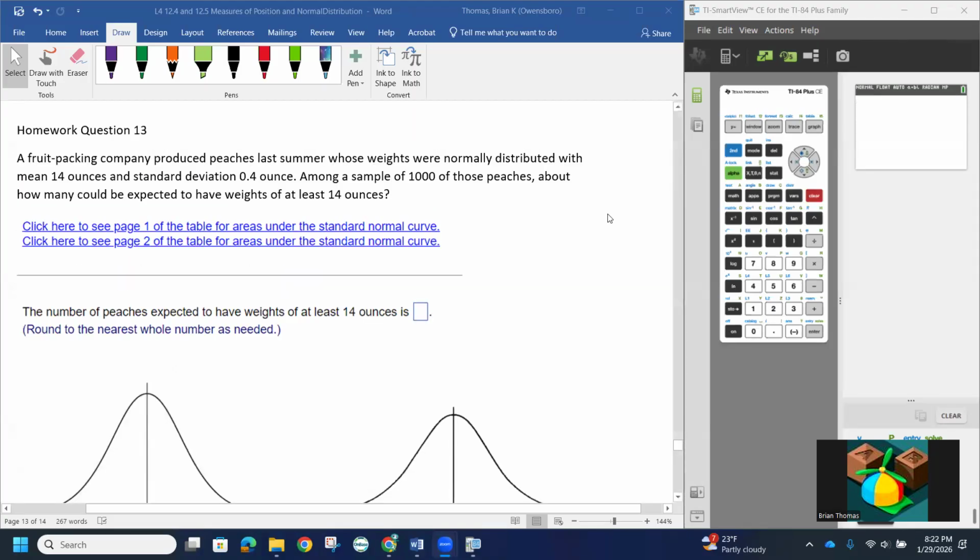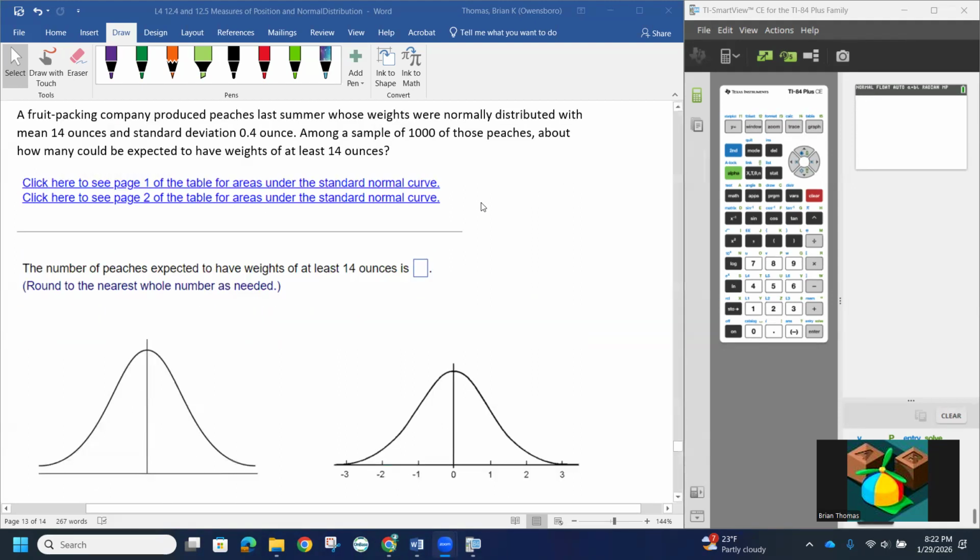So let's continue on. Question 13. Looks like we're doing a very similar question with peaches. So their weights were normally distributed, which tells me I can use that bell-shaped curve. They have a mean weight of 14 ounces, and the standard deviation is 0.4 ounces. Among a sample of 1,000 of those peaches, about how many could you expect to have weights of at least